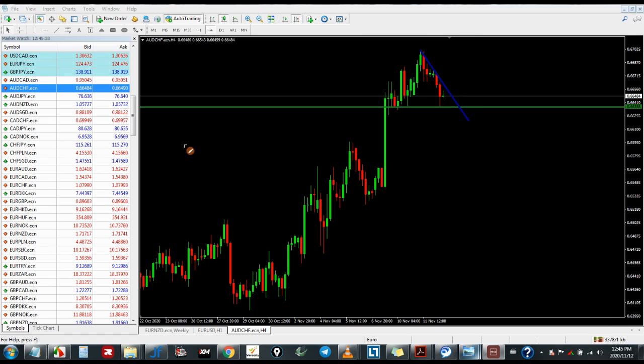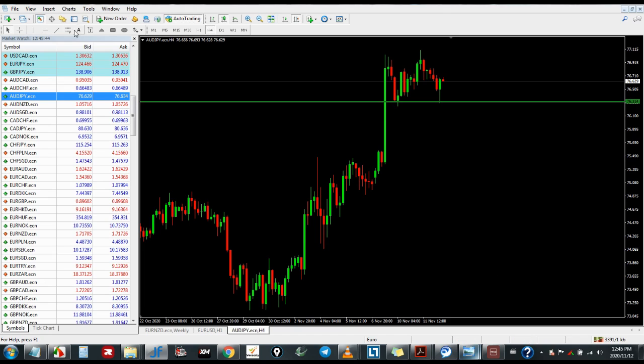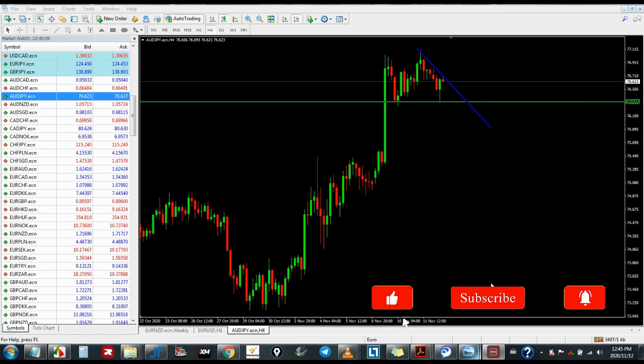At least let's look at the last one. If the last one agrees to buy, then we can look to buy this one. So right now this one does agree with buying, so we'll definitely draw our trend line there. This is how you can use correlation. Don't just buy and sell anywhere. Wait for it to break, retest for a continuation. So this is how you use currency correlation.